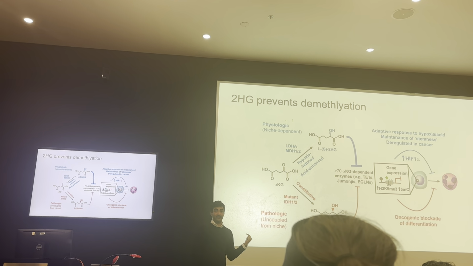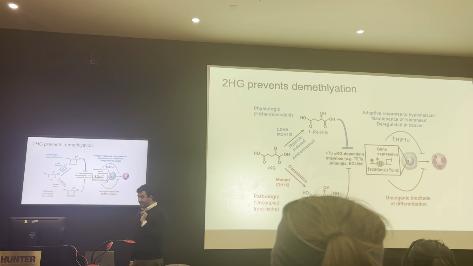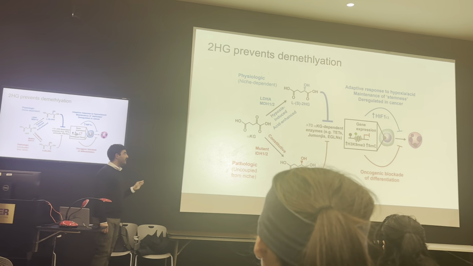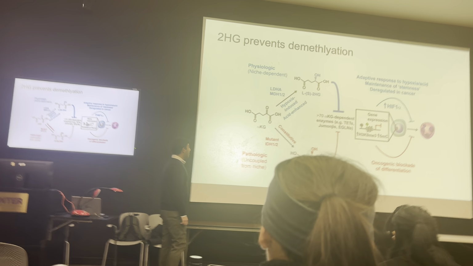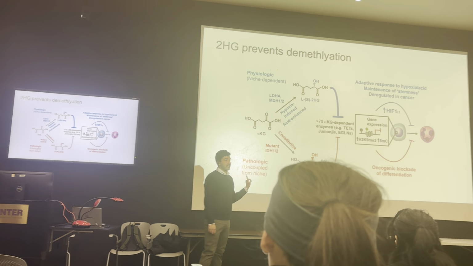One chiral form is via lactate dehydrogenase A and malate dehydrogenase 1 and 2. Now, the conversion of alpha-ketoglutarate to L